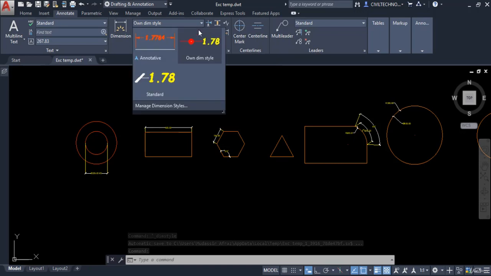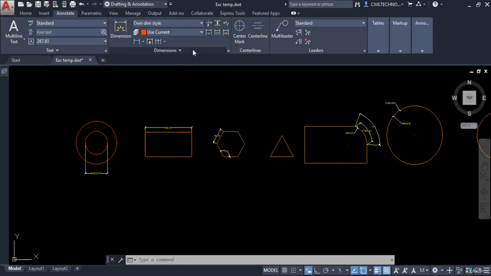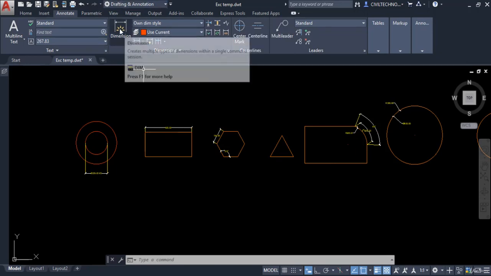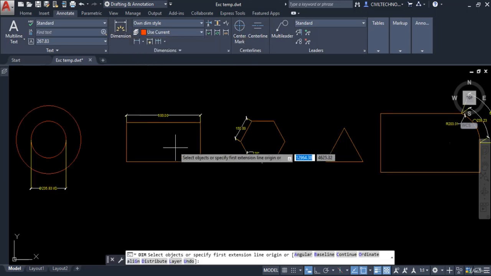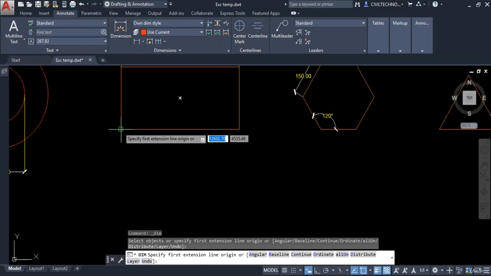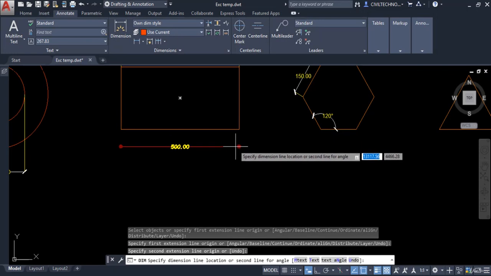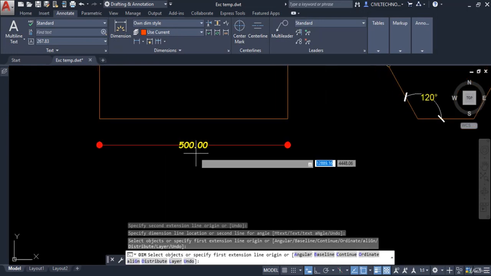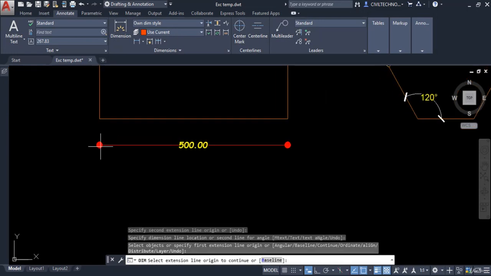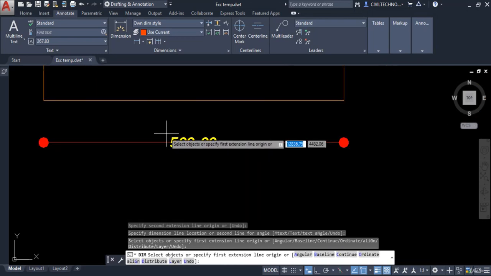You can see here we have three styles: annotative, own dimension style and standard. Right now I need own dimension style, so I will click over here to make it the current dimension style. Then I want to create a dimension over here, so I will take this dimension command from here and make a dimension over here. You will notice all settings have changed. We have these arrowheads dotted, and the